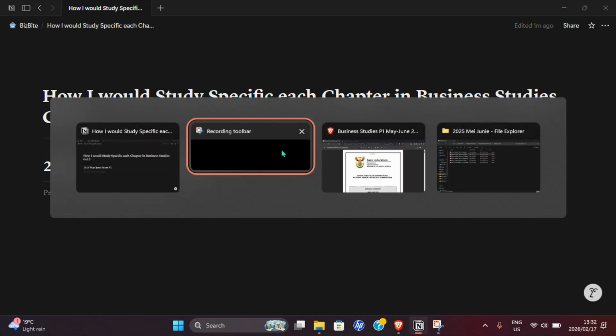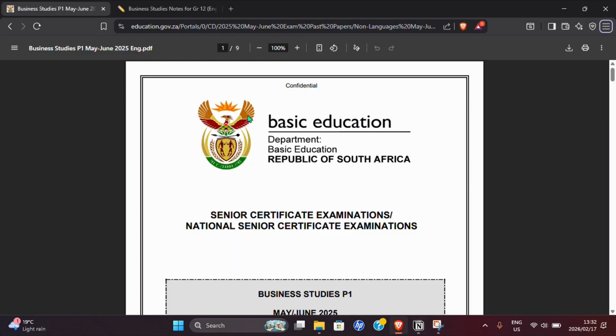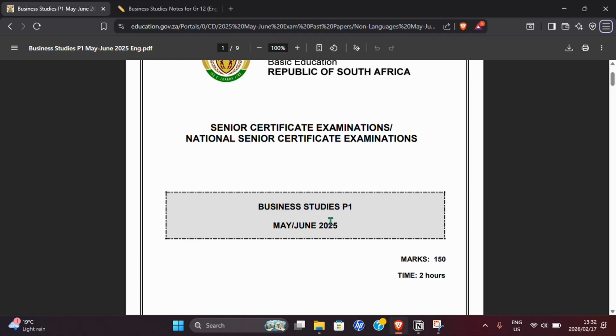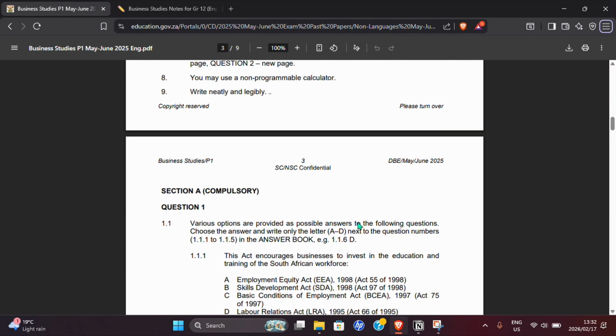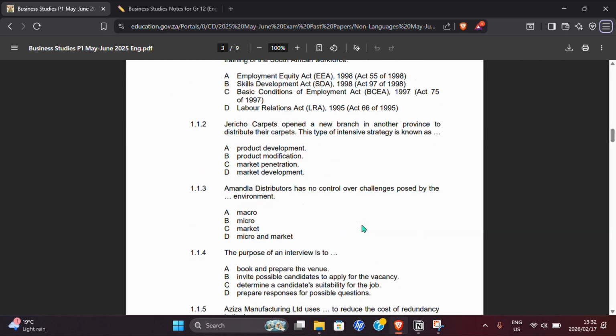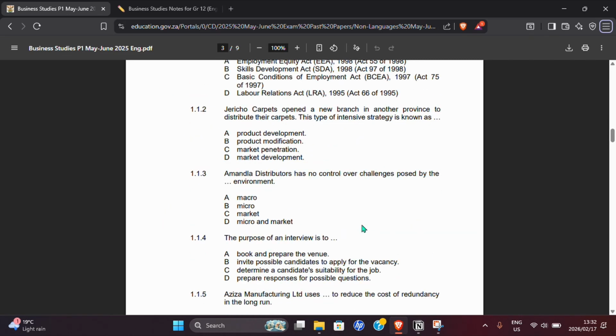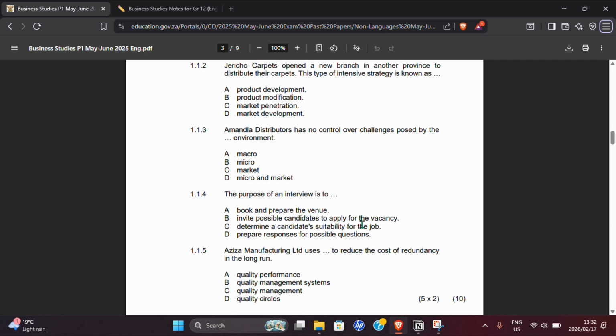Instead, I've grabbed a past exam paper right here. This is from last year, May, June, paper one. Then I'd start doing questions that are from that specific chapter, because it's way better to do the questions that appear from that chapter compared to trying to memorize all of the work from every single page in that chapter. It's a more effective approach as you're studying for the tests and exams because these questions have already been asked, and if they appear 2 times or more, it means that it will most likely appear once again.